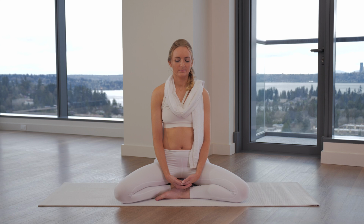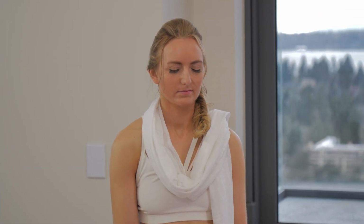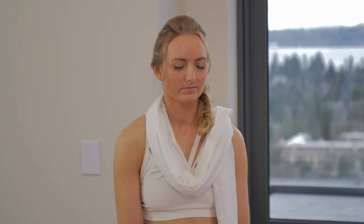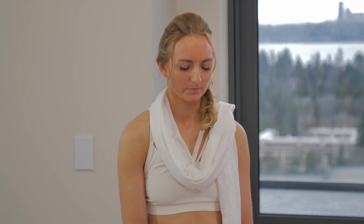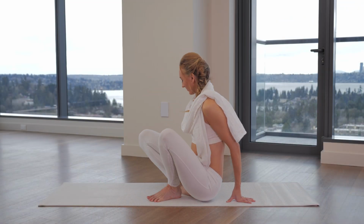The beauty of you being at home and us practicing in this virtual space together means that you can stay seated here in meditation for as long as your schedule permits. If you know you only have 60 minutes to practice, this would be the moment to lie down in Shavasana. Essential to lie down in Shavasana,